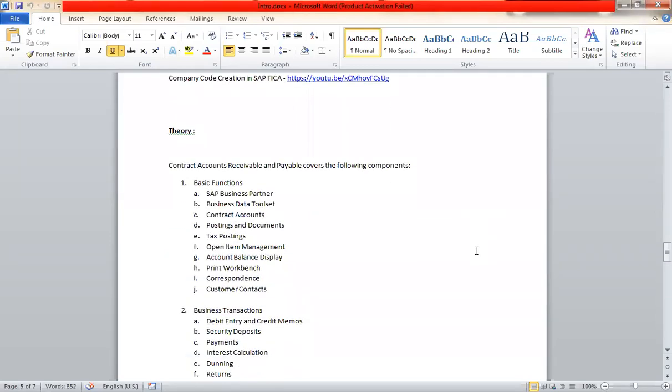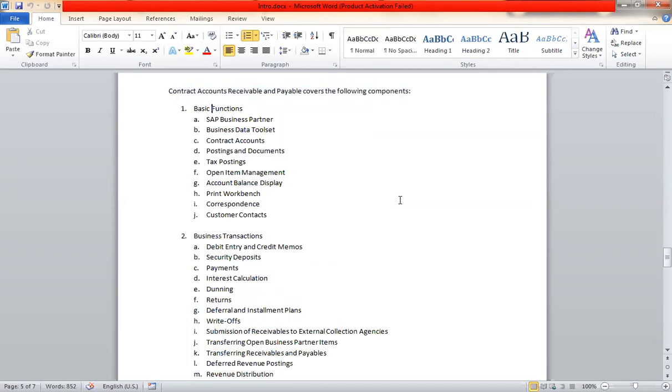Now, coming into the main topic, I have quoted over here the theory, what we'll be discussing, all the points that we'll be covering in our theory session. That is, contract accounts receivable and payable covers the following components. This is all the things that we have to know in SAP FICA, starting with number 1, basic functions,